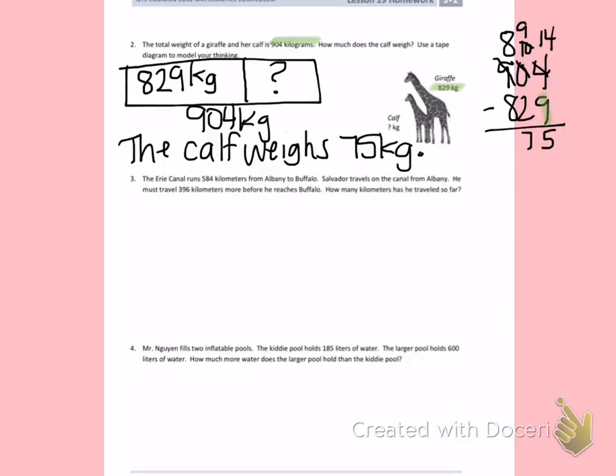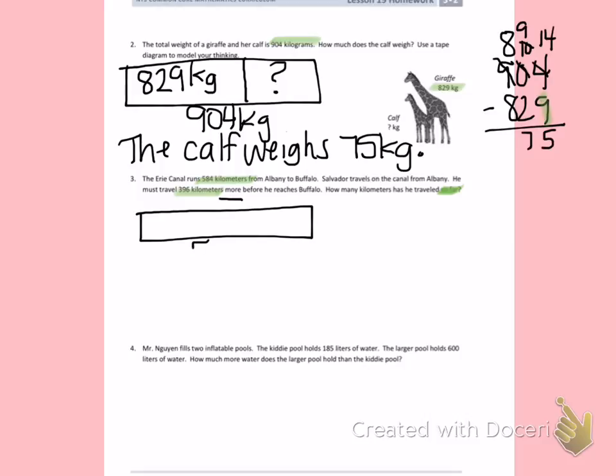Don't be confused by this problem because it has the word more in it. It's asking me how much he has traveled so far. I know the whole length of the river is 584 kilometers, and so far, he still needs to go 396 more. So I'm going to model